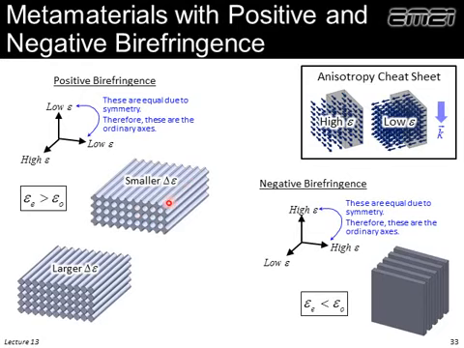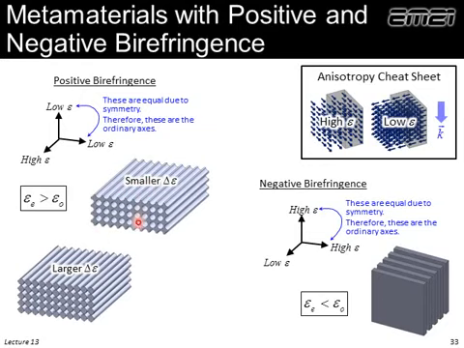Now imagine the electric field oscillating in this direction. It's parallel to the interfaces. That is this case where we have the high dielectric constant. So in fact, both of these lattices would give us positive birefringence. It also turns out that this particular one, if we have high refractive index or high dielectric constant rods in a low index medium, this gives us larger birefringence than this other case, but both will work.